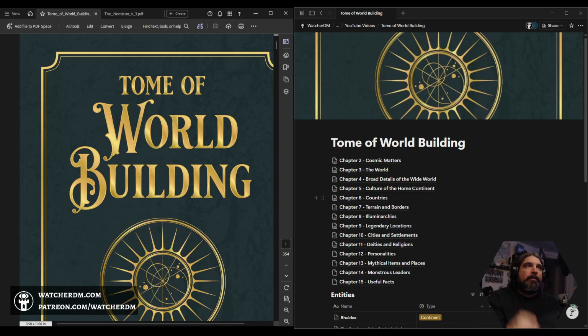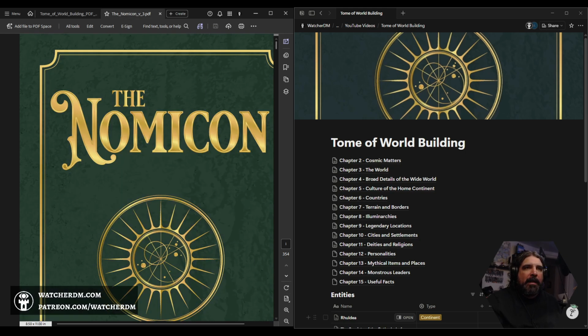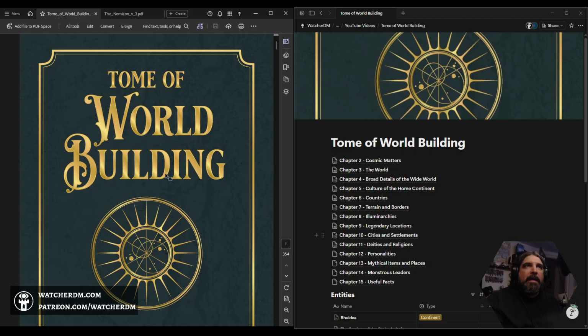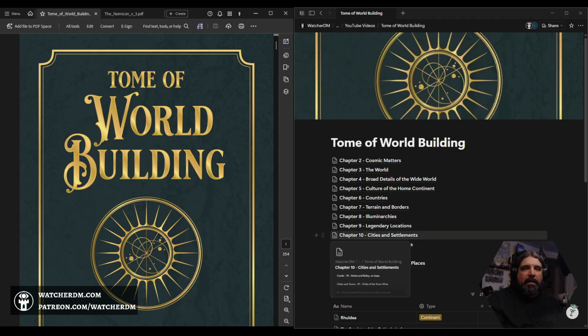And so, yeah, we've got the Tome of World Building and the Nomicon version 3 here for generating names and stuff. In this series, I have been exploring the different chapters of the book and just want to kind of level set here. Earlier in the production of this series, it was my effort to use the book in order to make a place. I think at this point, I've kind of exhausted the path by which I can do that without doing a lot of jumping around. And I really want to continue forward through the book.